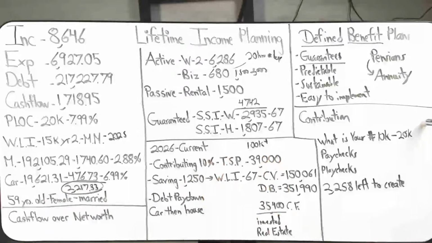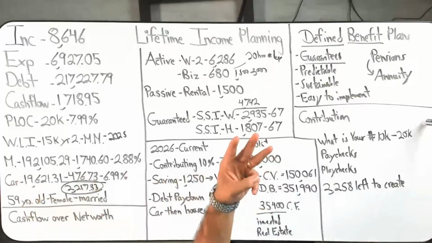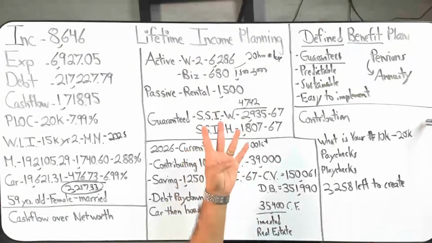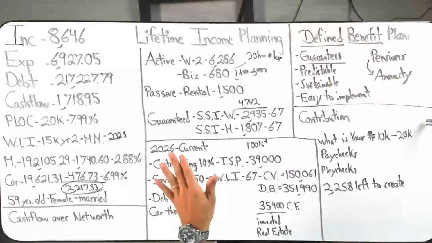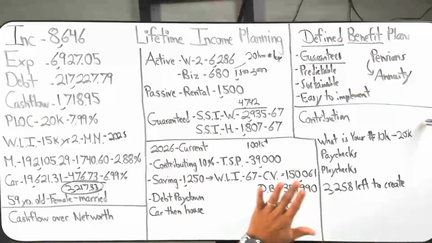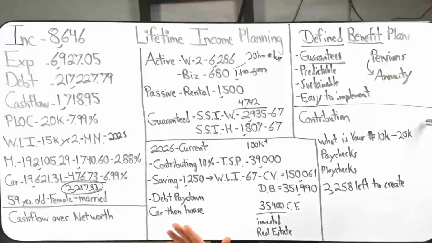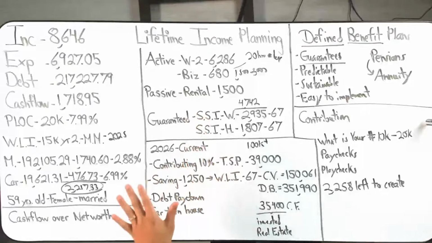By the time they're 63, 64, we're projecting that all this debt will be done and taken care of. And then they'll have 3 to 4 years or more of literally investing in the most conservative way if they wanted to. They literally could